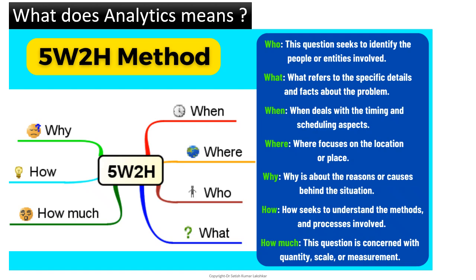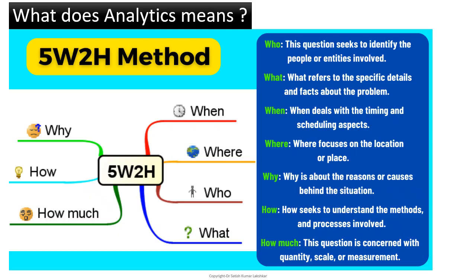Now, when we talk about analytics, it could be easily defined in terms of the 5W and 2H method. This method has been discussed by so many authors and is a very popular method to solve any problem. We are relating this method with analytics. So 5W 2H means first is why, then second W is when, third is where, fourth is whom, and fifth is what. So these are the 5W, and 2H means how and how much. Let's talk about these seven components quickly.